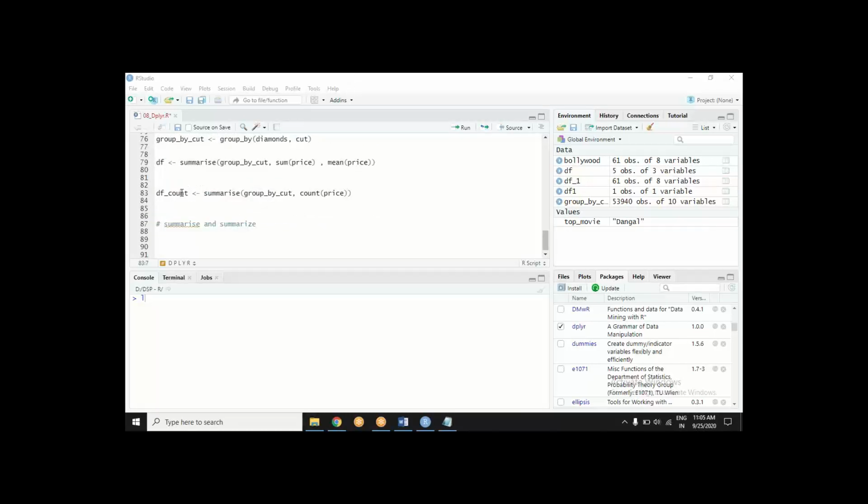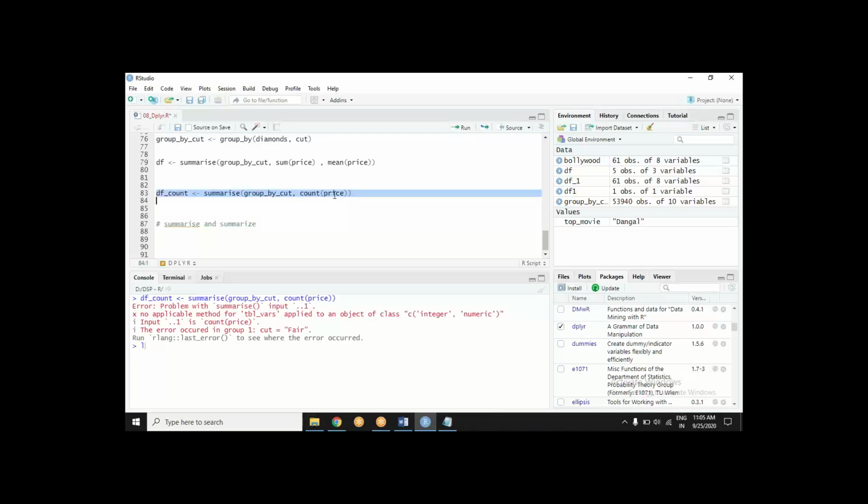You try to run it. I want to create a df count. I want to summarize group by cut on count of say price. It throws me an error. So you may try anything else also if you wish. Whatever you try, it doesn't work.